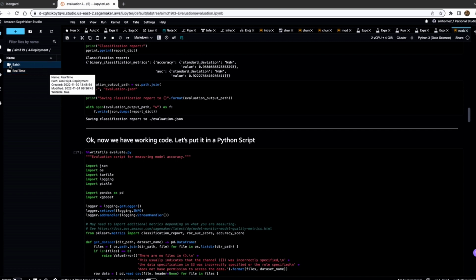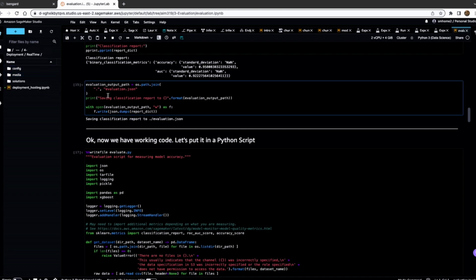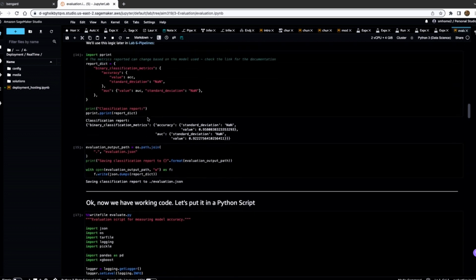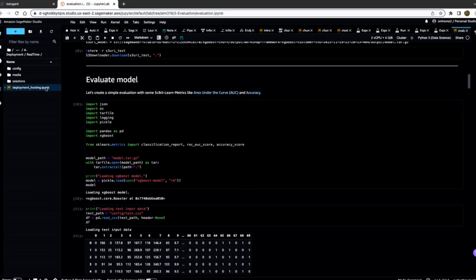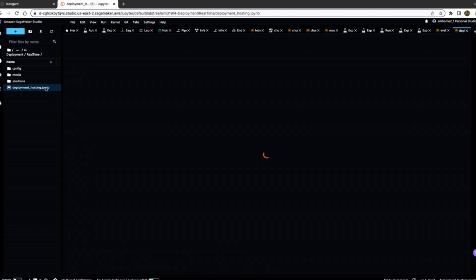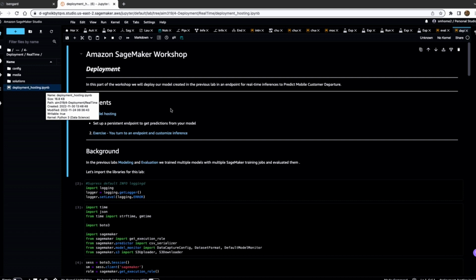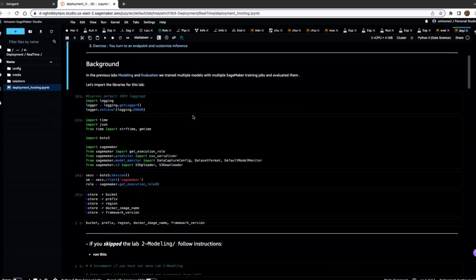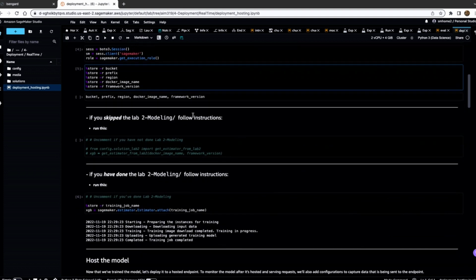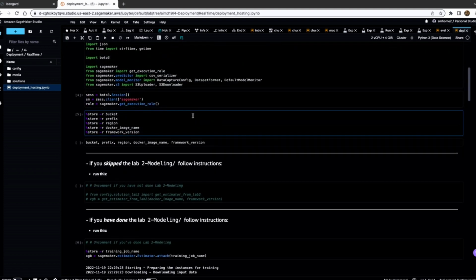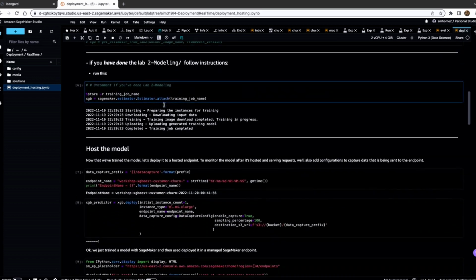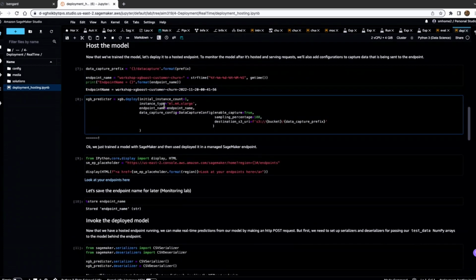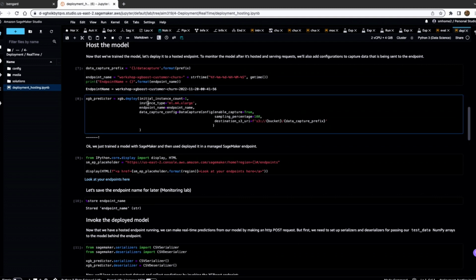So here I'm just going to show you how the real-time works, but batch would be like a batch process, like a batch transform job. So here you can see, if you want to deploy it, so you want to host the model, right? So basically, I'm setting up the Boto3 here with SageMaker, and then hosting the model, I just call the